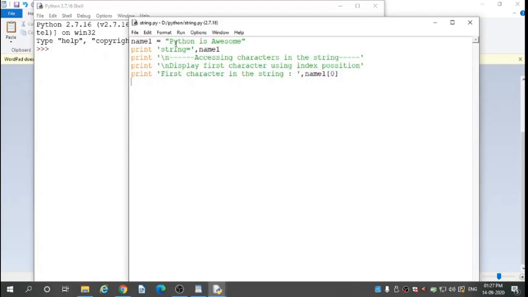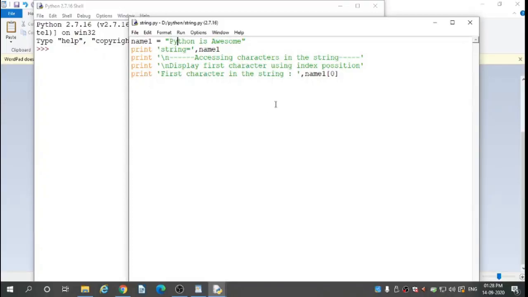P is at the 0th position, Y is at position 1, T is at the 2nd position. Forward indexing starts from the first character and backward indexing starts from the last character. So name1 is our string variable, and in square bracket the 0th position is P, position 1 is Y.